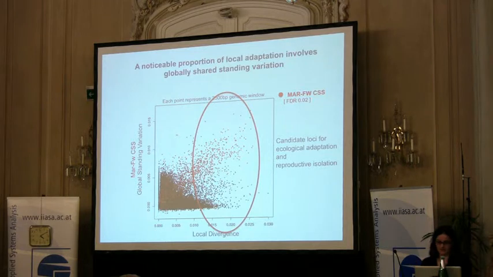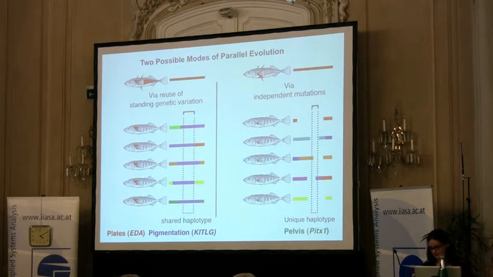And these are the candidate loci that we can concentrate on for understanding the genetics of reproductive isolation. So I'm going to zoom back out and put that into context now. The story I told you about with the genomics was really this pattern of reuse of standing genetic variation. I told you that we were not really looking at this pile of independent mutations, although just now with the local divergence we can get some idea of how much is going on in this side.